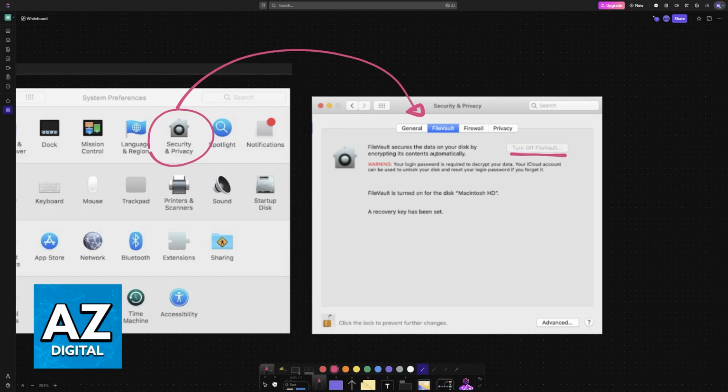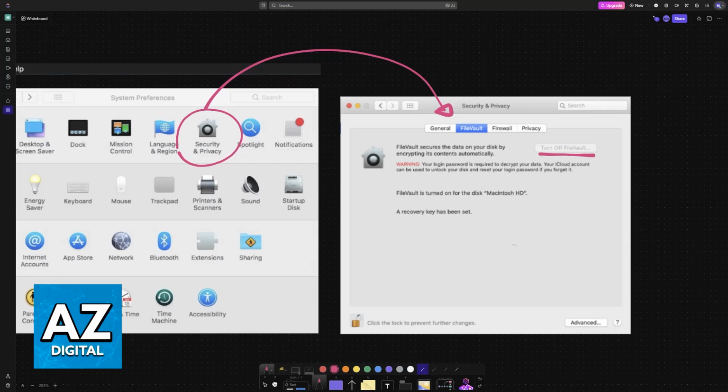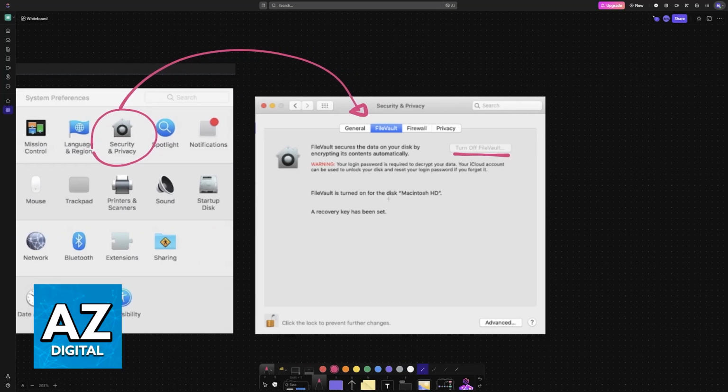The reason why this has to be turned off is because, like I said, when you boot up your Mac for the first time, all of your files, including custom images that you might be using as wallpapers, are going to be encrypted. And only after you log into your user, even if it doesn't have a password, then you can access those images and files. Because they are encrypted when you first boot up the Mac, it cannot access the image to set it up as a custom background here. So by disabling it, you will enable the option for the Mac to access that image and use it as a custom background.